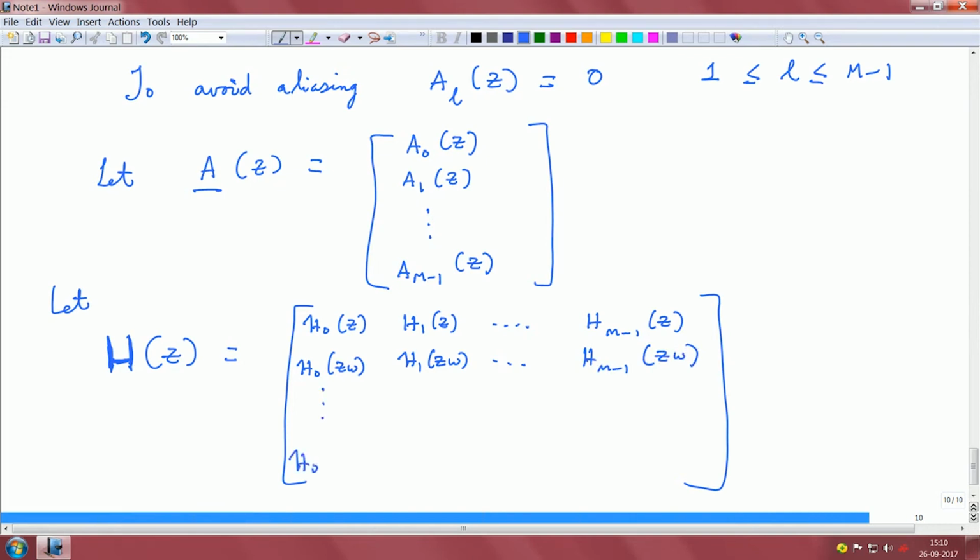So, you have H naught Z omega power m minus 1 up to Z omega power m minus 1. So, this is our m by m alias component matrix,